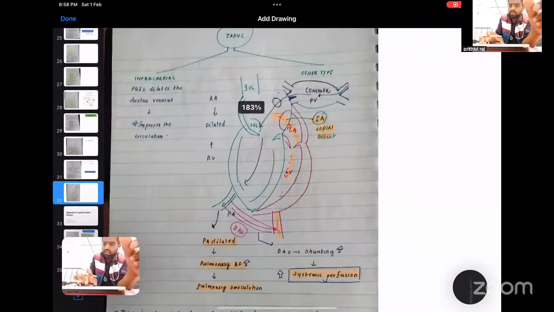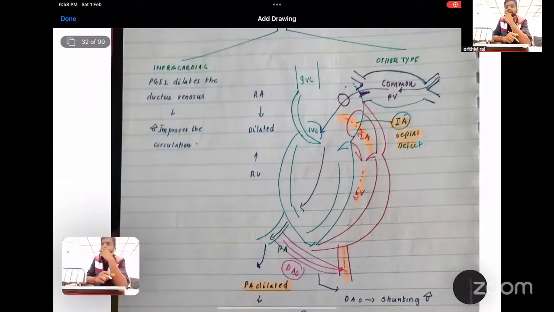So this is the reason. But in the case of intracardiac TAPVC, the blood flows by the common chamber, the common pulmonary vein. They will form a common chamber. This common chamber is formed at the level of,